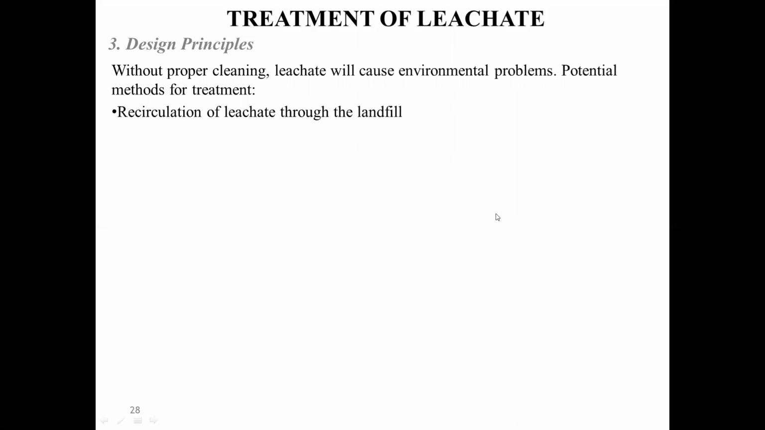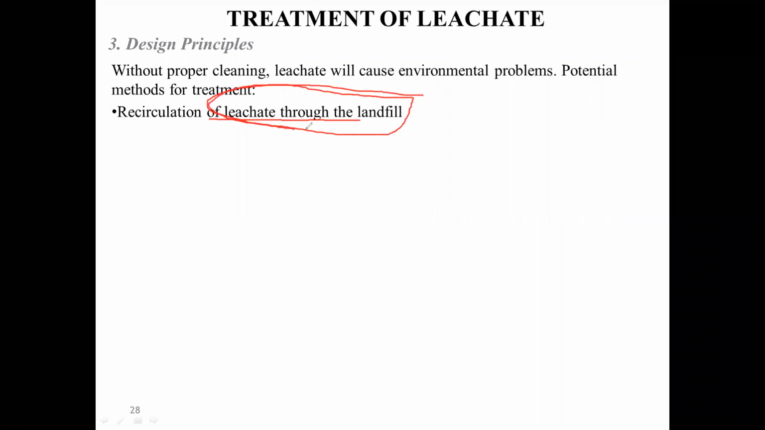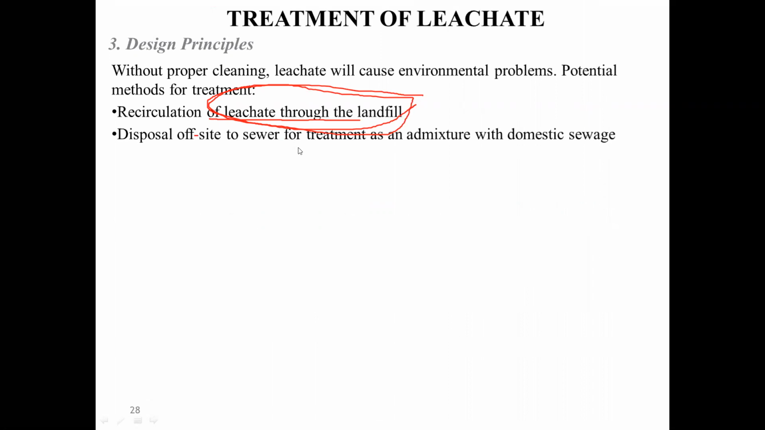So what we do is recirculate the leachate through the landfills. Certain harmful chemicals present in the leachate are helped by doing this. When you recirculate the leachate in the landfill, the microorganisms are promoted to decompose the waste at a faster rate. Because of recirculating, the harmful properties of this leachate are going to get reduced. Then we dispose of it from the site to the sewer for proper treatment,